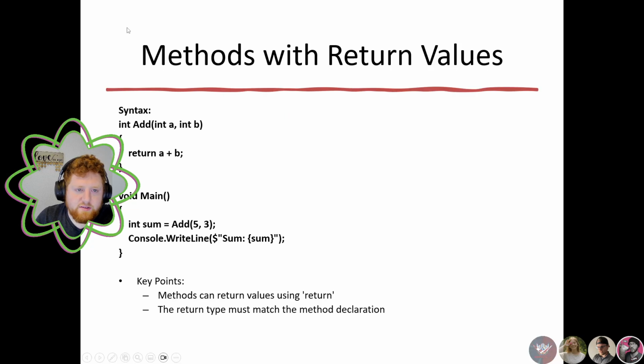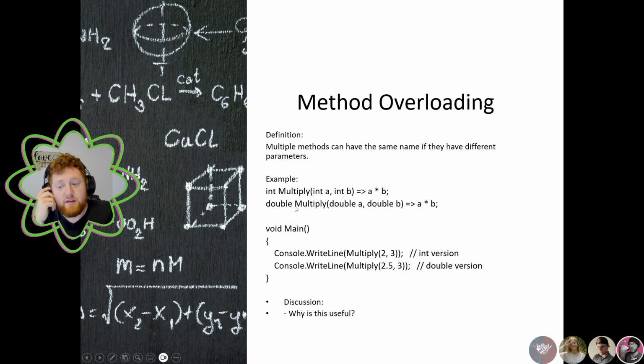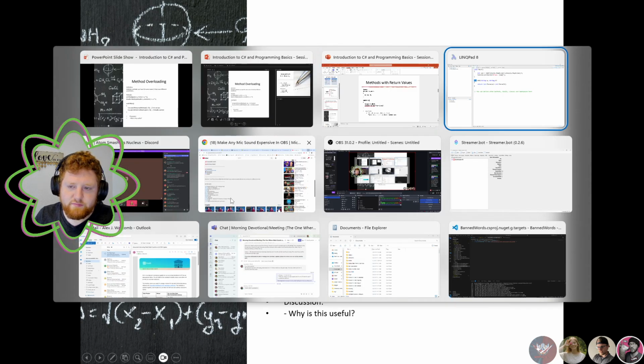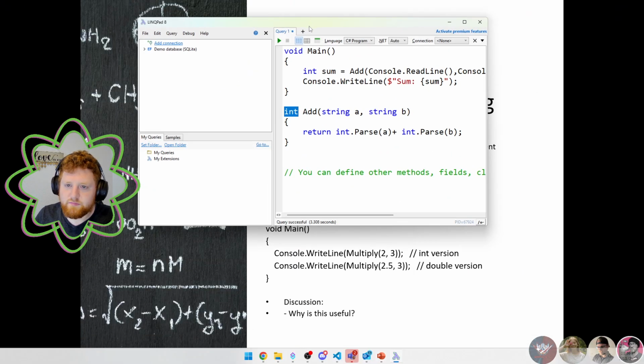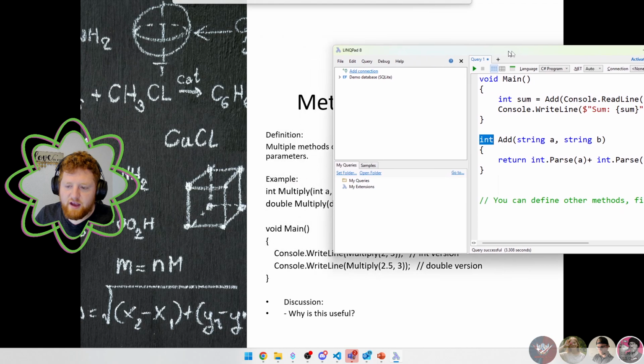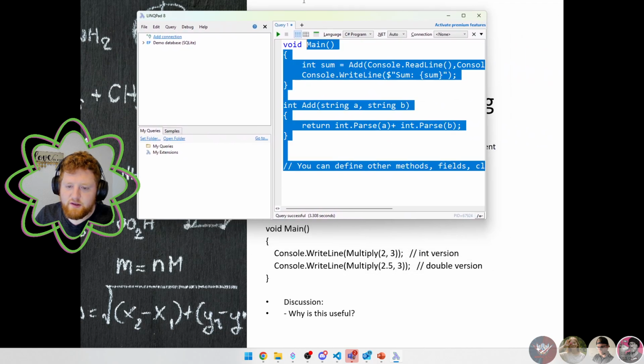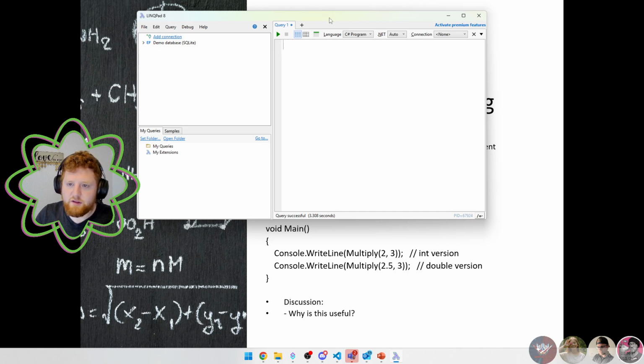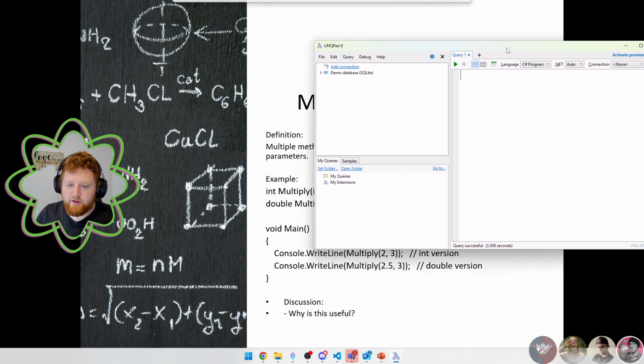And again, we need to swap our thing. Okay. So method overloading we discussed, but I want to show you something specific about this. There's a couple of ways that we're able to overload here. So in this case, let's start over. They've got int